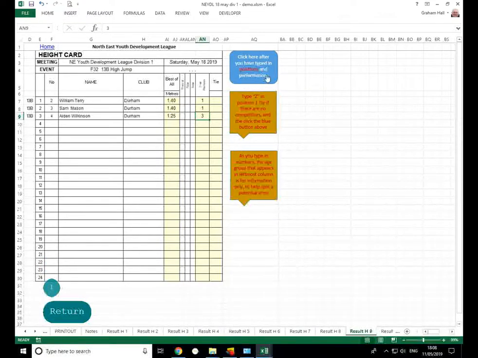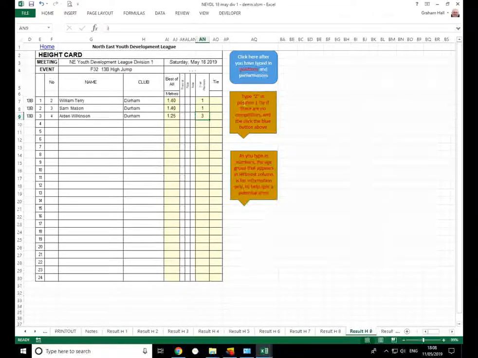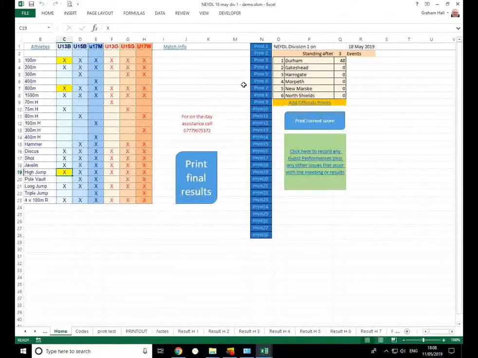And before I press this, I'll just draw your attention to the fact that if there was something like a pole vault typically that had no competitors, you'd put a Z in there and it would just record the fact that there was no competitors, and it would add 1 to the number of events completed, but it wouldn't score anything. So I'm going to score that by pressing the blue button, and we have got our